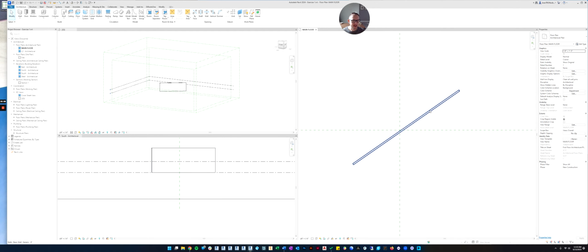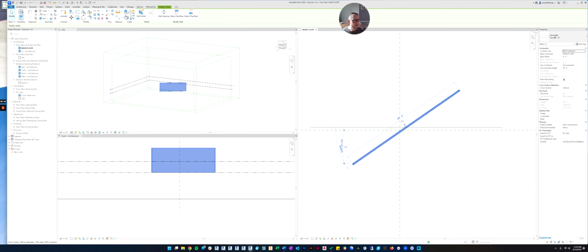So if I go to my floor plan and I select the wall, let's look at the properties panel. With the wall selected, it's now showing me the properties of the wall. You should really start to explore these on your own, but the properties that we're most concerned about right now are the base constraint and the top constraint. The base constraint is automatically set to the level that's associated with the view. So again, you can see it's the main floor. So the base, or the bottom of the wall, is starting on the main floor level.